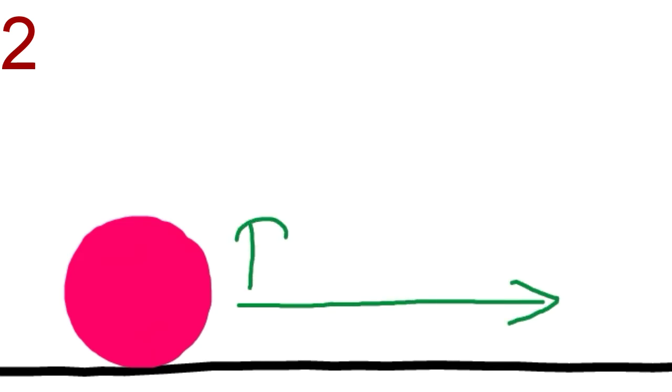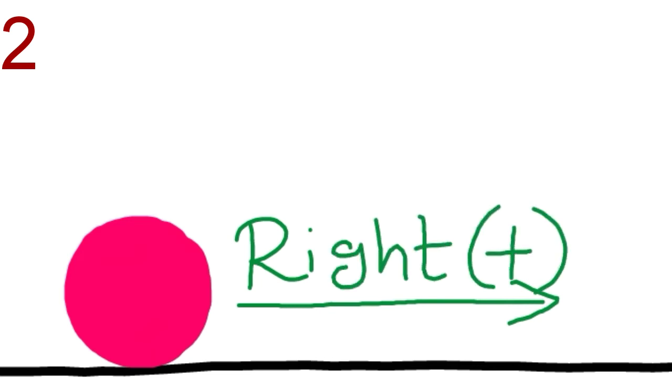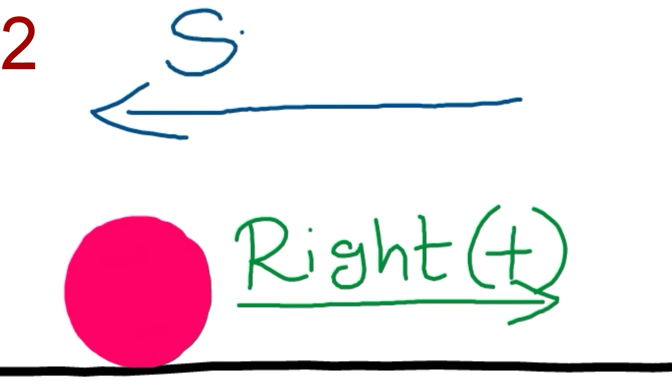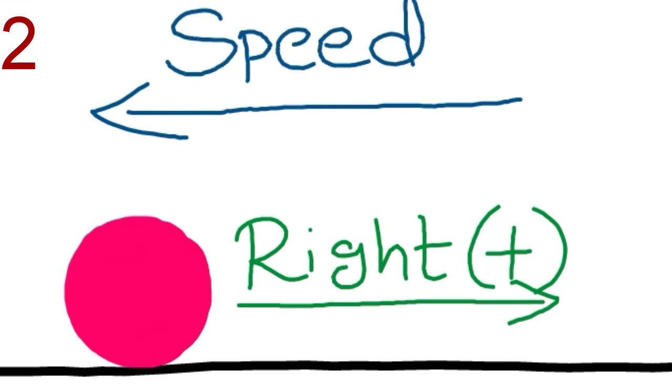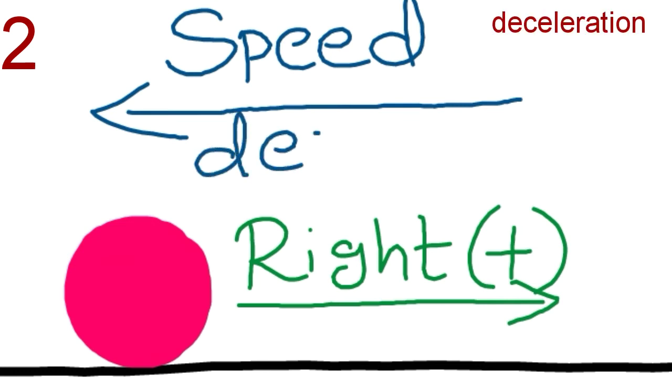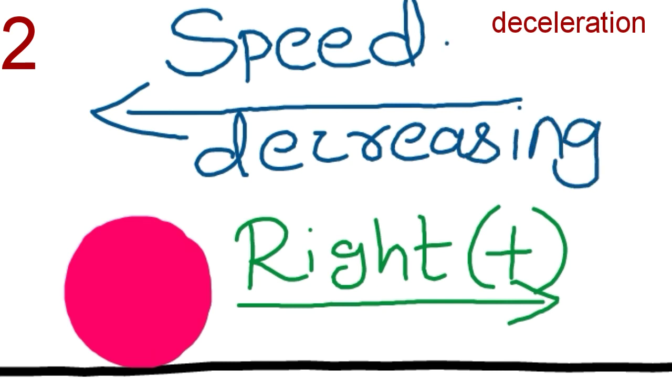Second case, in which the object is moving towards right from the origin and its speed is decreasing. Since it is moving towards right, the direction is positive and there happens a decrease in the speed, the magnitude of speed is negative. In this case, that object is in negative acceleration. It is also termed as deceleration. A decrease in speed indicates deceleration. So in this case, the object is moving towards right and its speed is decreasing.